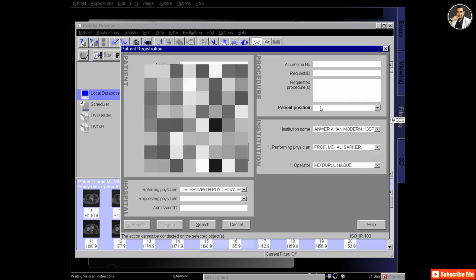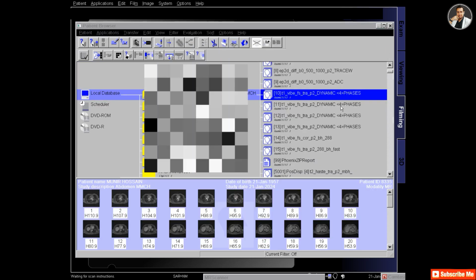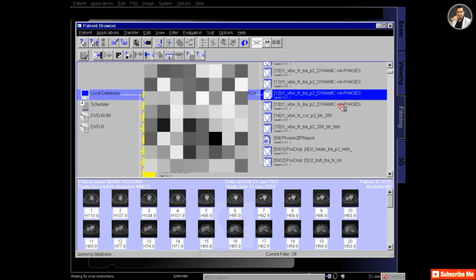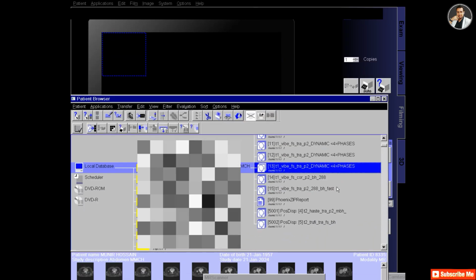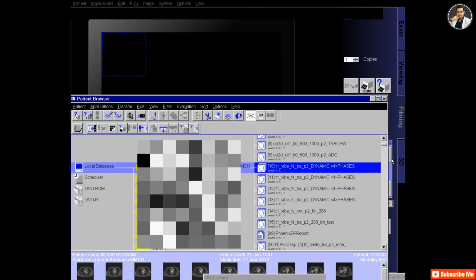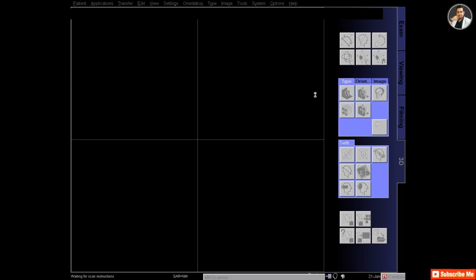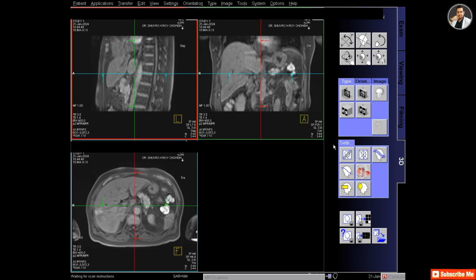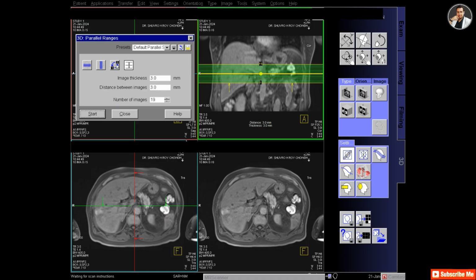Now I am selecting dynamic sequences. There are four sequences, as I told earlier: one is pre-contrast and three are post-contrast. So I am now selecting the pre-contrast one and taking it to the 3D to make the axial images.